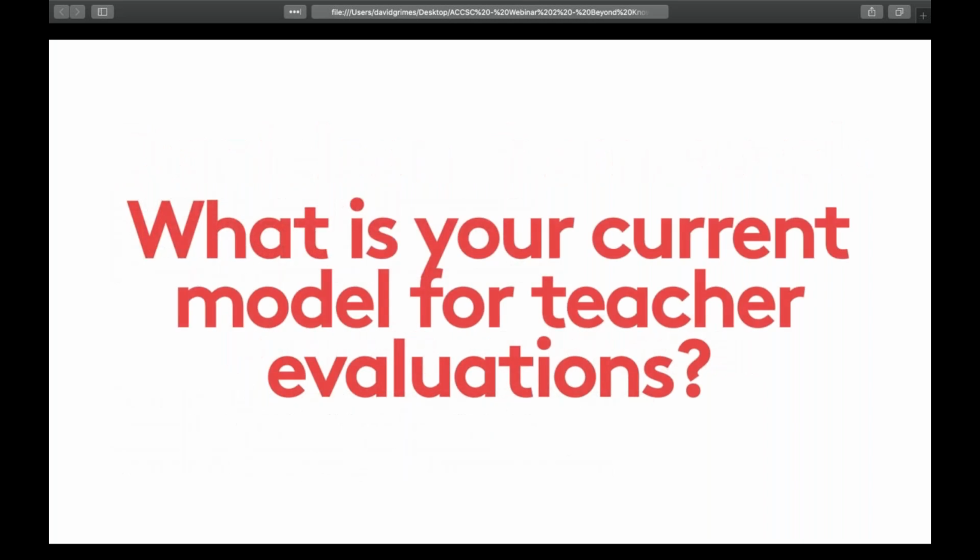And my last question for you, as we conclude here, just before the hour, is, what is your current model for teacher evaluations, and when was the last time you took a look at it and wanted to revise it? And did you revise it? As an instructor, do you know you can revise it? Can you revise it? Sometimes those are just good questions to discuss in a faculty meeting. Sometimes you just don't know what you don't know.